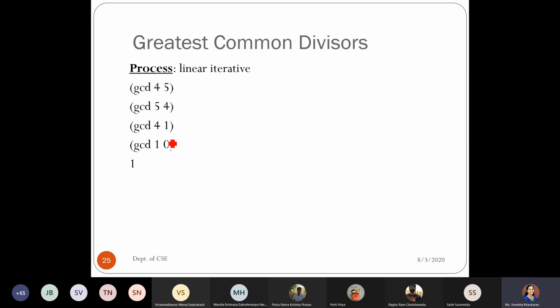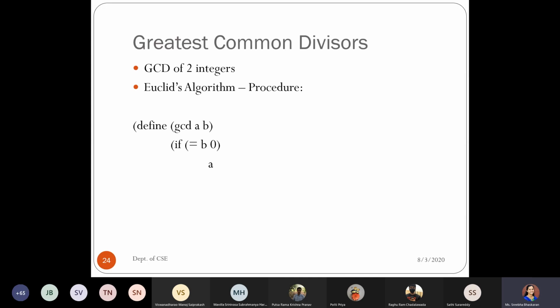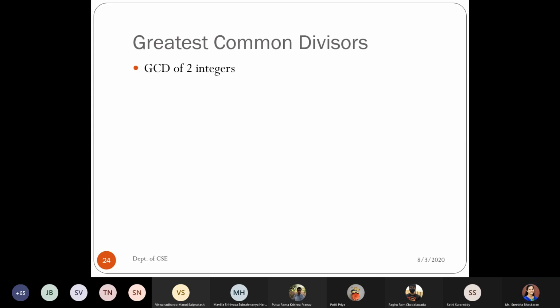Once again iterate. By this time your remainder will become 0, and you are just going to return the a value, which is now 1. Okay, so here the steps depend on both a and b values, right? If you take a bigger number, like in the first example I showed, which is 206 and 40, there also you have ended up having how many steps?